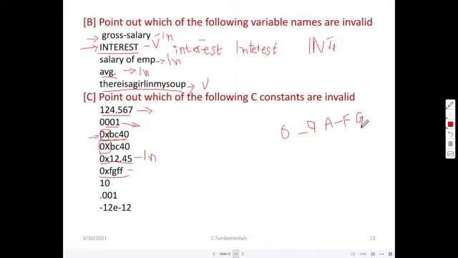G is not in this range at all. So there is a presence of G, so this is invalid. This is valid. And how about this 0.001? Whether it is an allowed constant? If it is 0.001, we can accept it. Whether it can start with a point? Yes, it is allowed. It will automatically take it as 0.001.